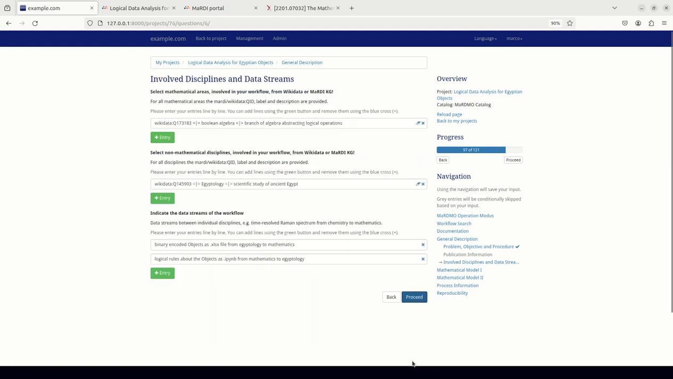Thereby we can continue to the next set of questions, where we connect the workflow to existing research disciplines and mathematical areas. Our workflow belongs to the area of Boolean algebra, which we can directly assign from Wikidata, and on the non-mathematical side it belongs to Egyptology. Then in the last question on this page, MaRDMO wants to know more about the data streams